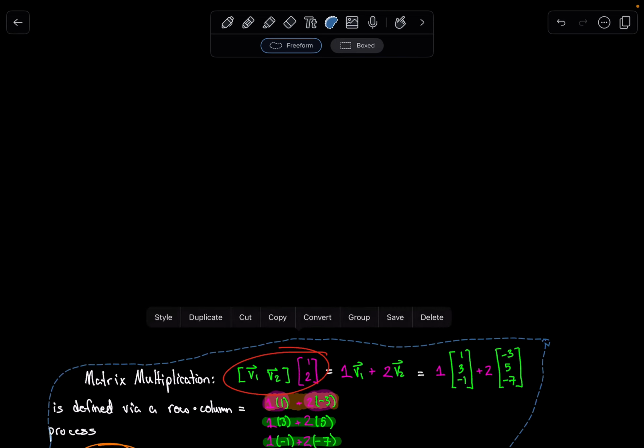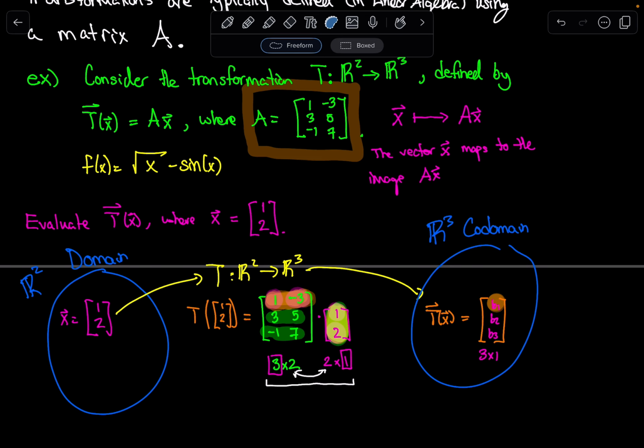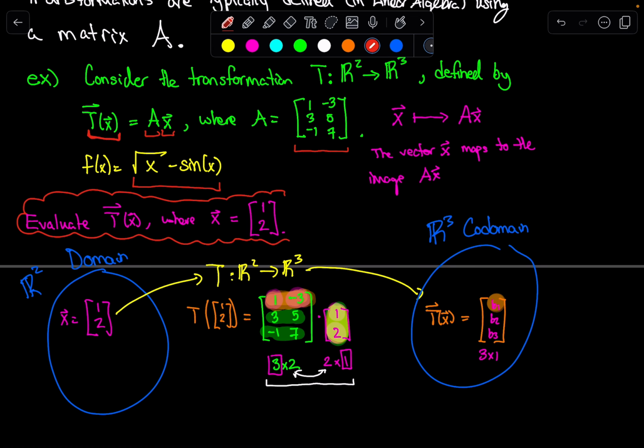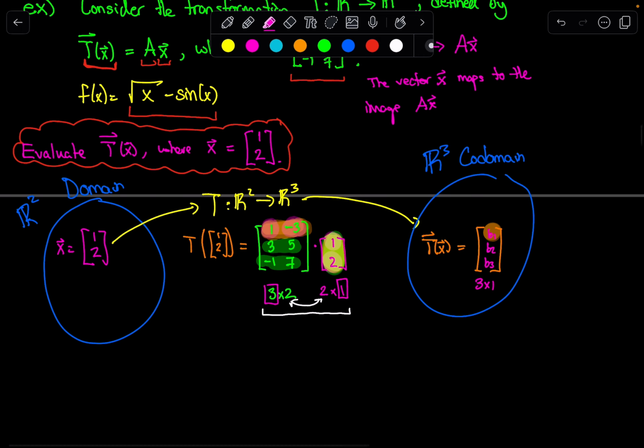We were considering a transformation from R2 to R3 that is defined by this particular box of numbers. Now, I haven't talked about how you get this box of numbers. Are there strategies? Do certain boxes do certain things? Again, this box of numbers is equivalent to me making up a random function. I'm saying that this matrix A is acting like how a function would act back in algebra class, where this transformation is defined: T of x is defined by taking the vector x and multiplying it by the matrix A. And so this question that we're trying to answer here, evaluate T of x, where x is the vector 1, 2, means that we are simply going to